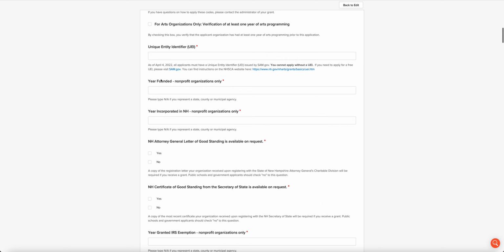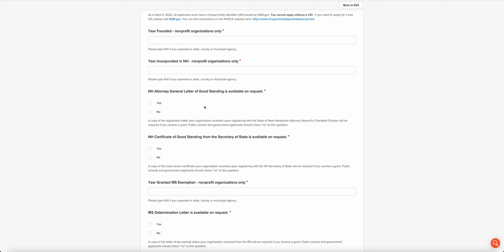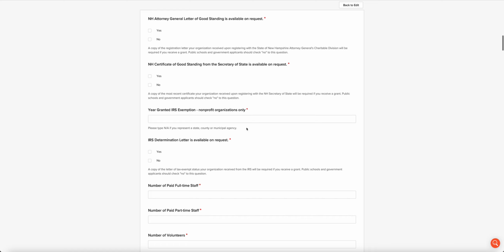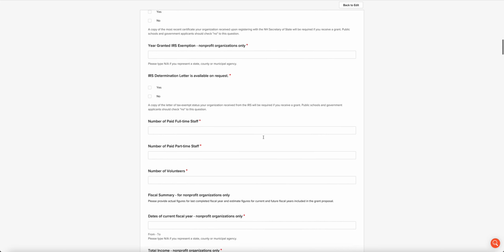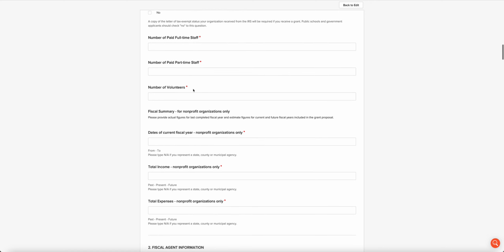Nonprofit organizations, we need the year you were founded, the year that you were incorporated. We need to know that your Attorney General letter of good standing is available if we request it. Same thing with your certificate of good standing from the Secretary of State. We want to know the year you were granted an IRS exemption and whether your IRS determination letter is available if we request it. We want to know how many staff you have, full-time and part-time, the number of volunteers,